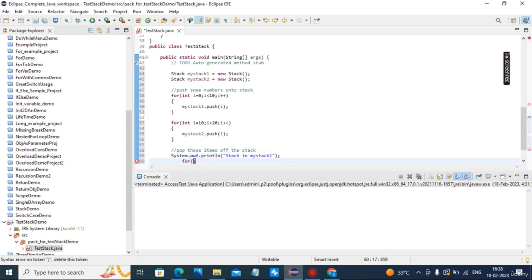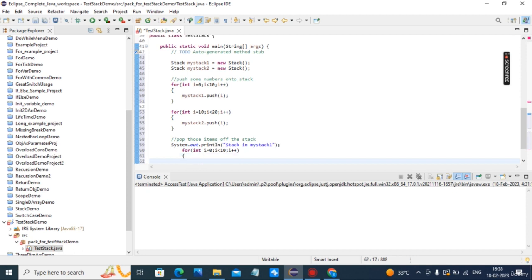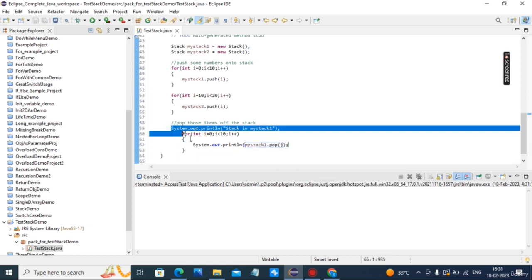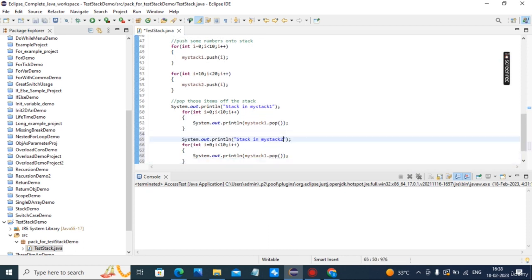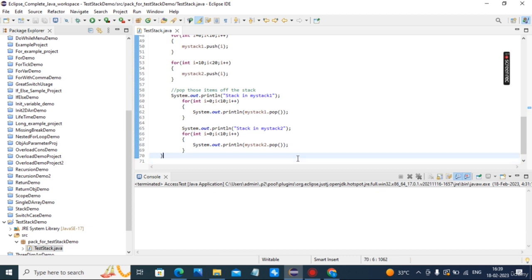Iterate 10 times, for int i is equal to 0, i less than 10, i plus plus, pop and display: System dot out dot println my stack 1 dot pop. Then the same for stack in my stack 2, 10 times I will iterate.